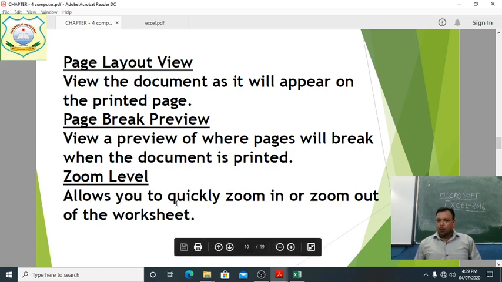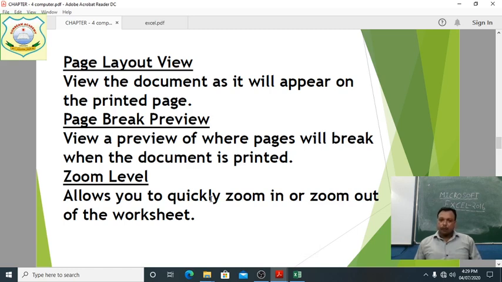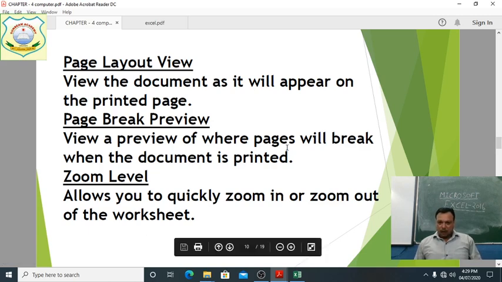Zoom level allows you to quickly zoom in or zoom out. If you want to see the worksheet zoomed in, that means it will be enlarged, and zoom out, that means you want to see it normal. Clear students? Next one is